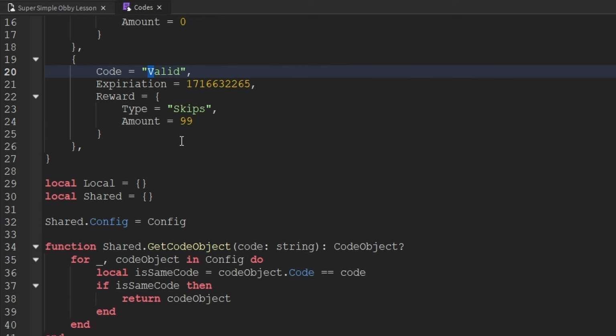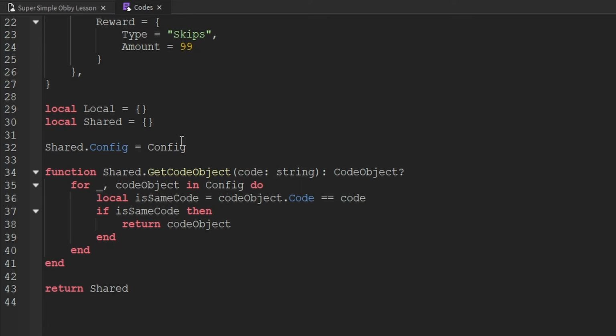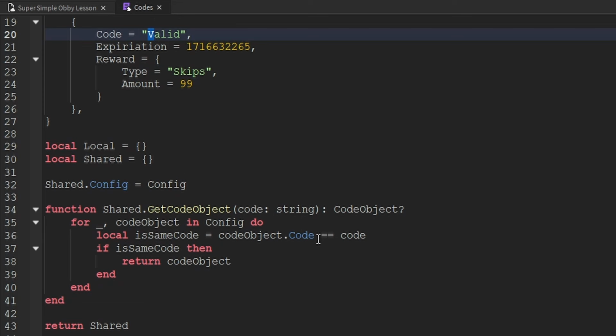And at least my preference is to make our codes case insensitive so that just in case the player types the code out incorrectly, meaning that they either forgot to capitalize or lowercase a specific letter, I still want the player to be able to redeem the code, because I don't care if they forgot a capitalization or lowercasing a letter, for example. So in order to do that, what we're going to do is on both of the codes,